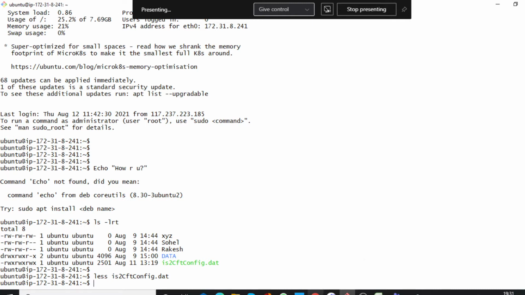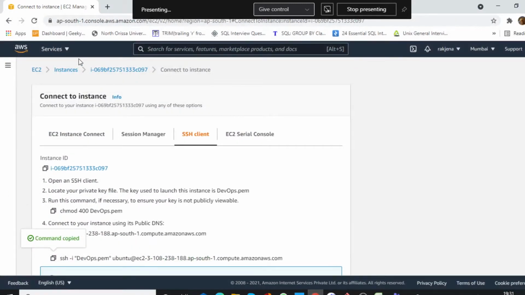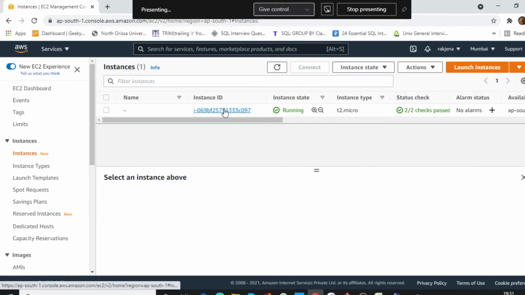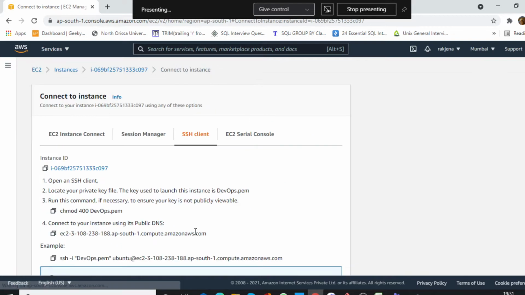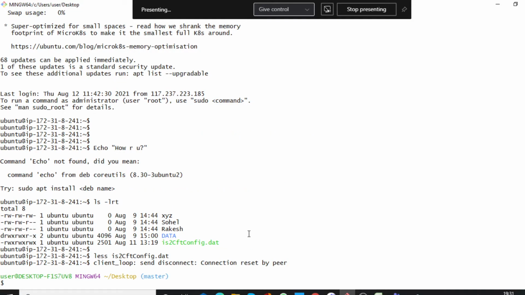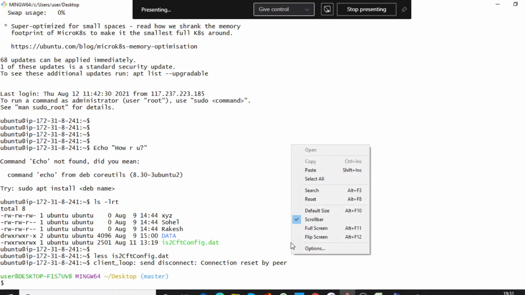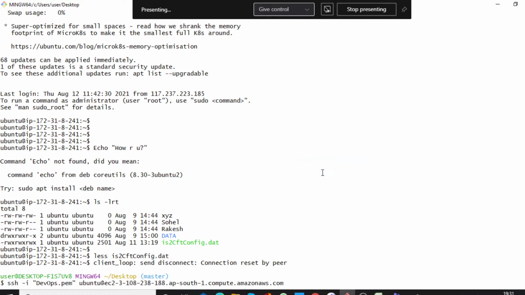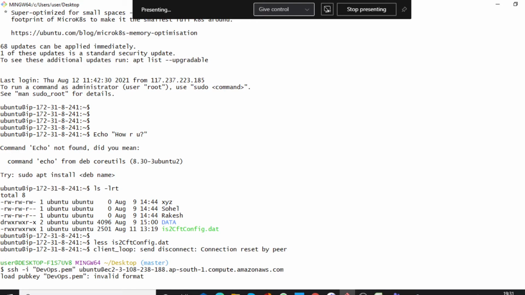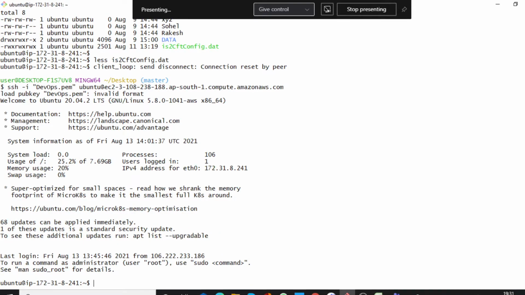Just a second, actually I think this got disconnected. I think I will have to connect again. Just a second, let me connect with the Ubuntu server through SSH once. Yes,